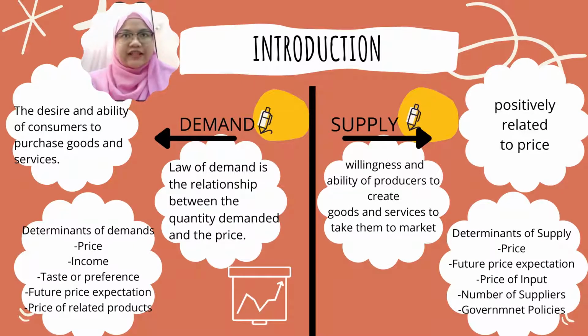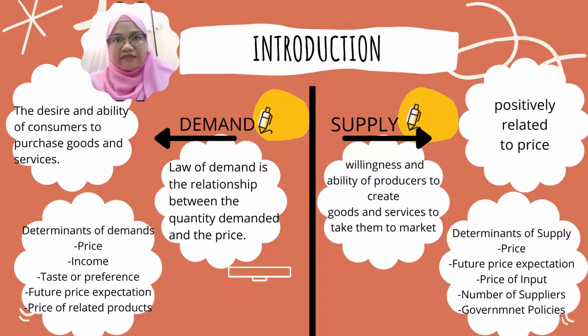Demand. In general, the definition of demand is known as the desire and ability of consumers to purchase goods and services. Demand is important, especially in business, either domestic or abroad. The law of demand is the relationship between the quantity demanded and the price. The change of demand, whether increase or lower, depends on what business it is. The change of demand can be determined by the price of goods and services itself, and it is the most important determinant of demand to determine whether the demand shifts to the right or to the left. That shows the rising or falling of quantity of demand.